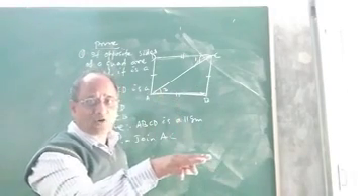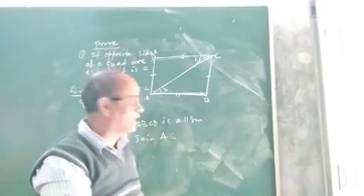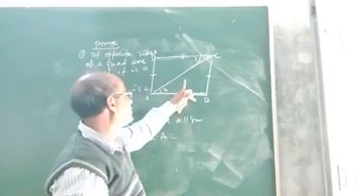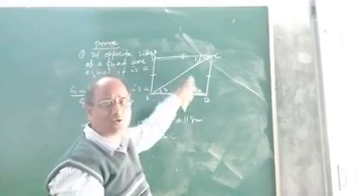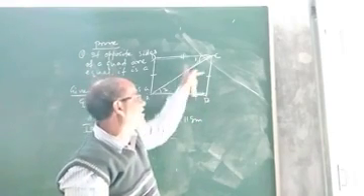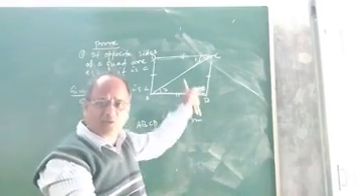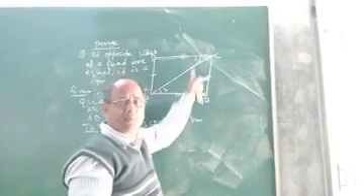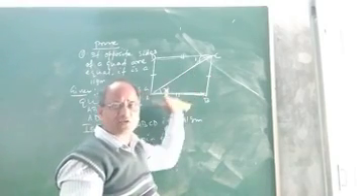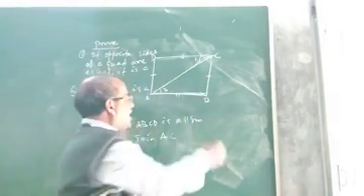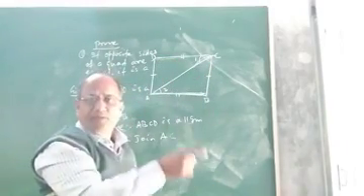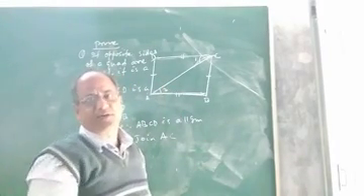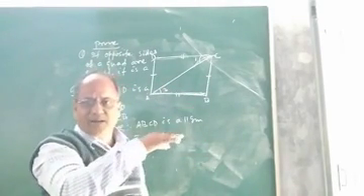Because when two triangles are congruent, their corresponding parts are equal. Corresponding parts means corresponding sides and corresponding angles. So if these two triangles are congruent, then angle 1 and 2 are corresponding angles of the two triangles, so they will be equal. And if angle 1 and 2 are equal, then they form alternate interior angles, so AB will be parallel to CD. And if AB is parallel to CD and it is already given that AB equals CD, then no doubt ABCD will be a parallelogram. So this is the analysis, children.